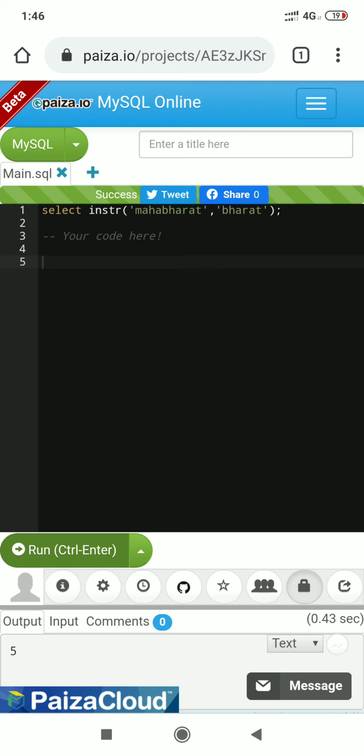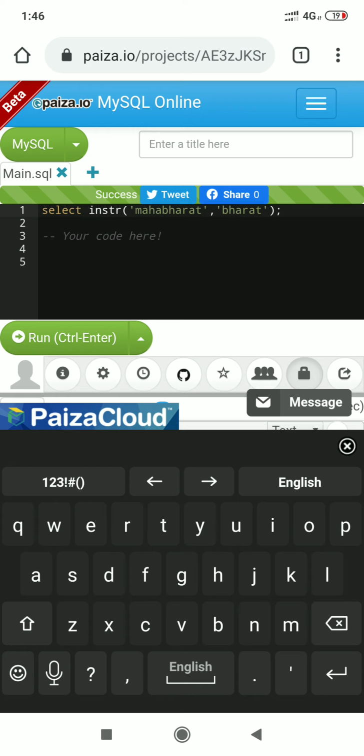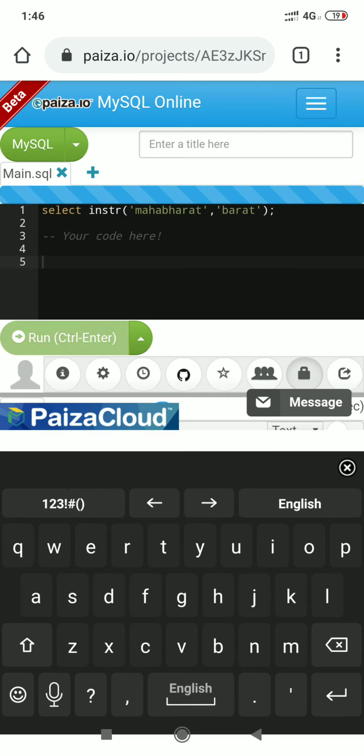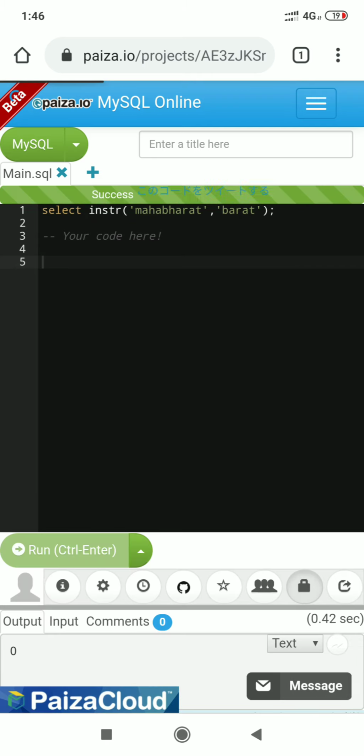Okay, Bharat is available inside Mahabharat and that is at 5th location. Okay, now I change it to a string that is not inside the main string. Execute the statement. 0 is the output.